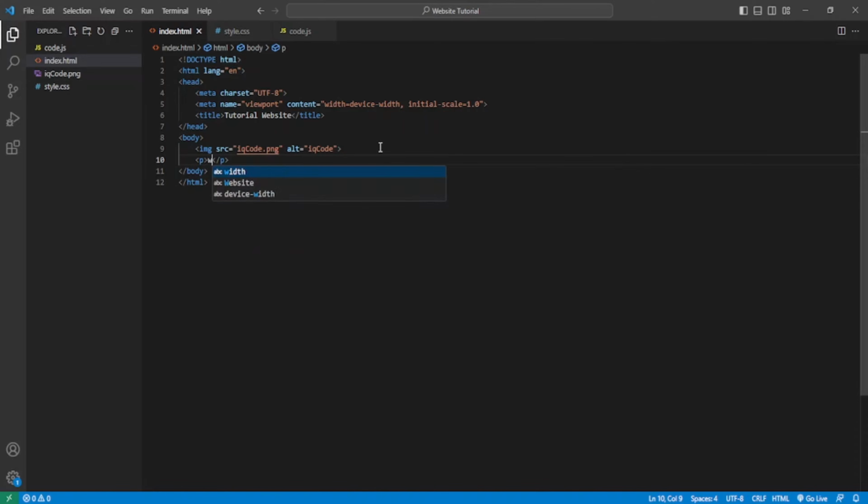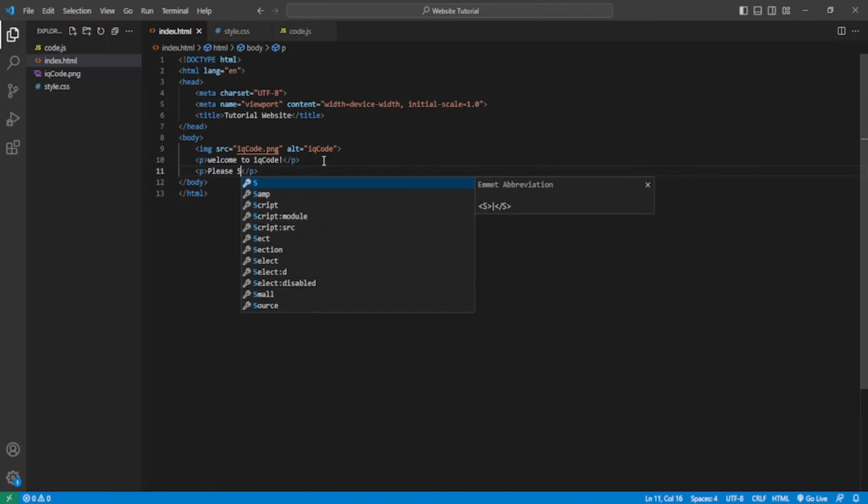We're going to put in P, which means paragraph, and put in welcome to iqCode. Okay, now we will press enter, put in another P, and put in subscribe to iqCode,